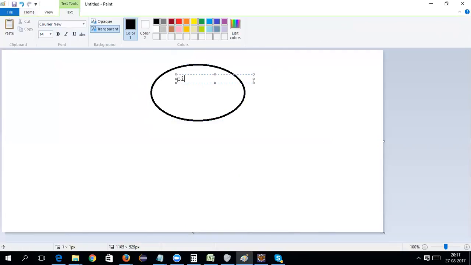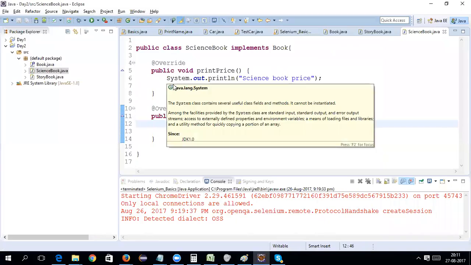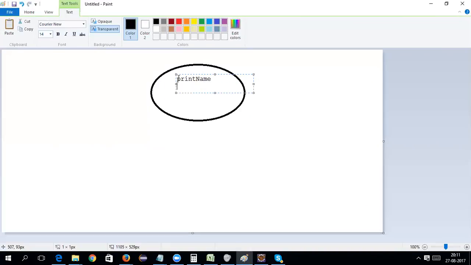Print name and print price were two functions in the interface. Right. Okay, right. So out here